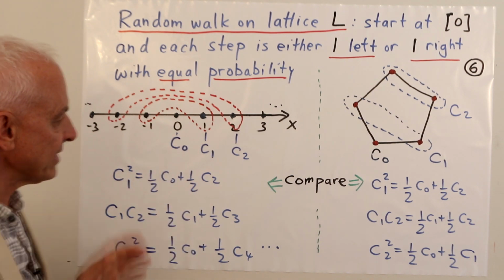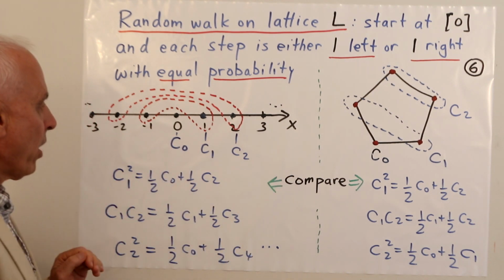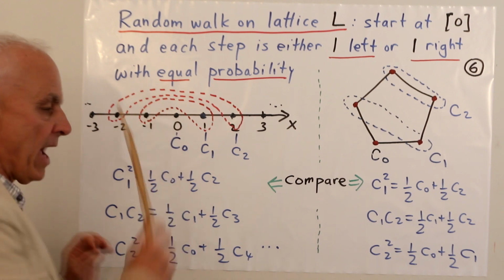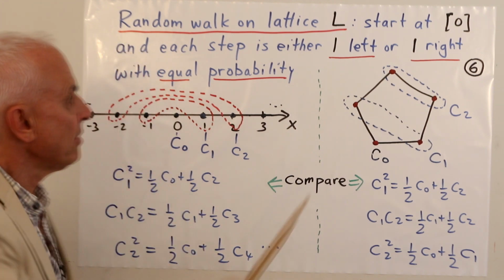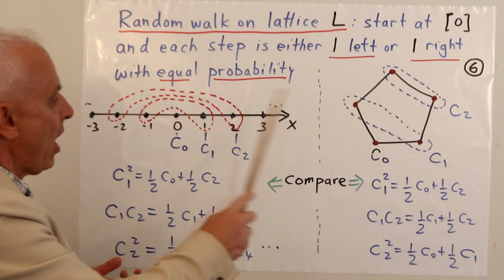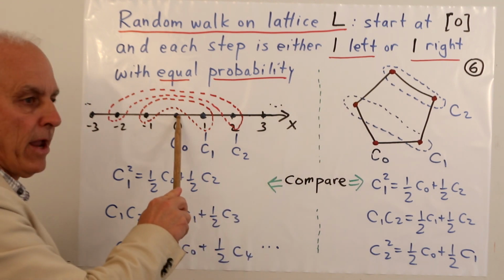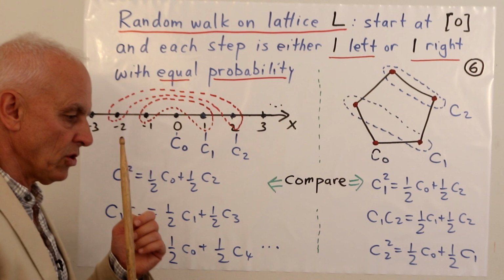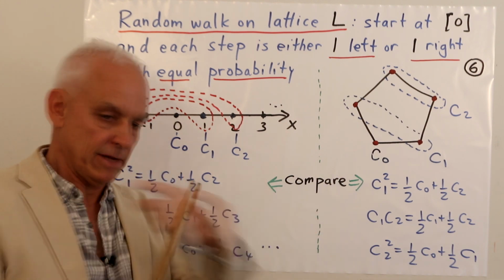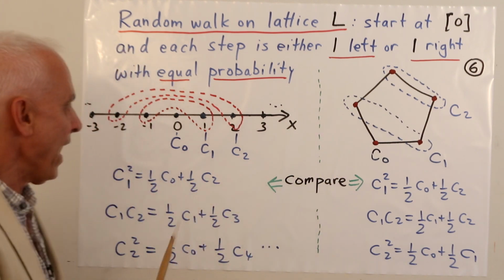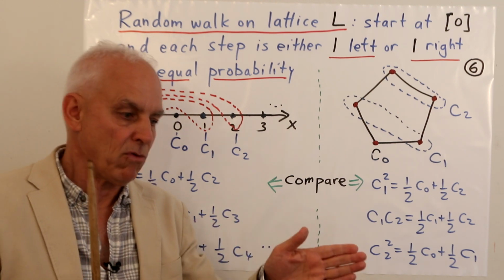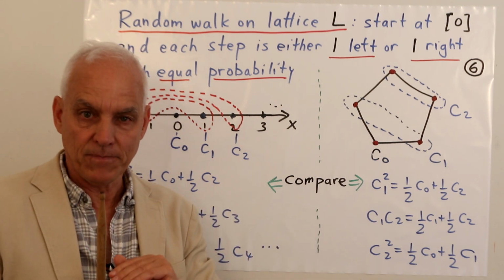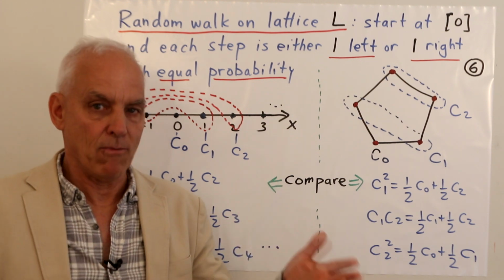So let's have a look at the same kind of story now. We're thinking about starting at the origin. We're going to call that C0. And we're going to think about essentially a random walk on this lattice. So you're there, and at each stage, you get to choose: am I going to go left or right? Left here, right here. And maybe you flip a fair coin, so you have an equal probability of going left or right. That then results in a random walk.